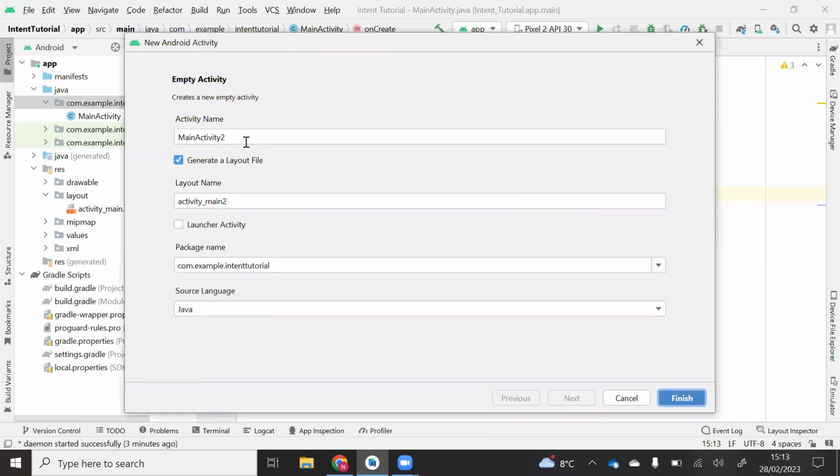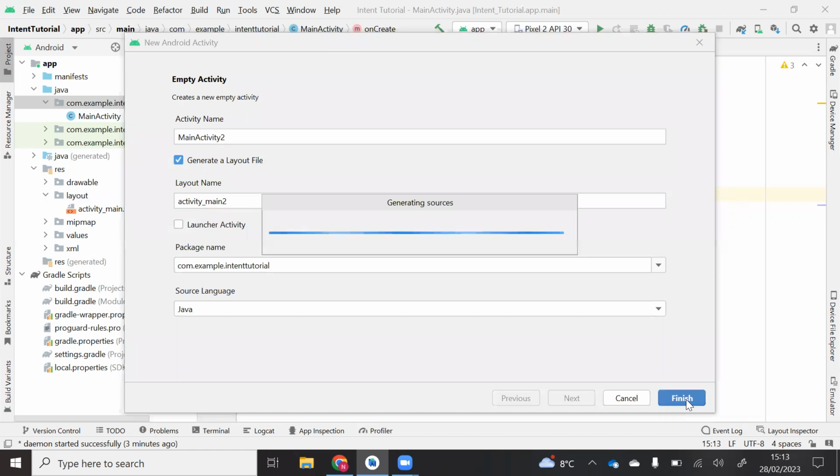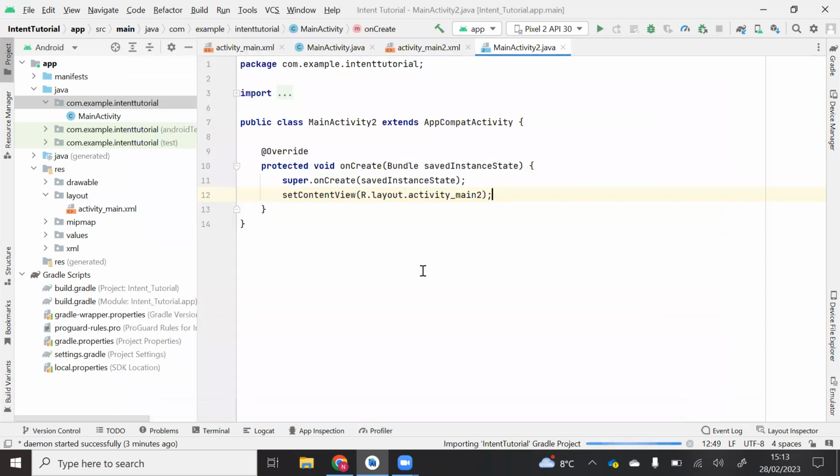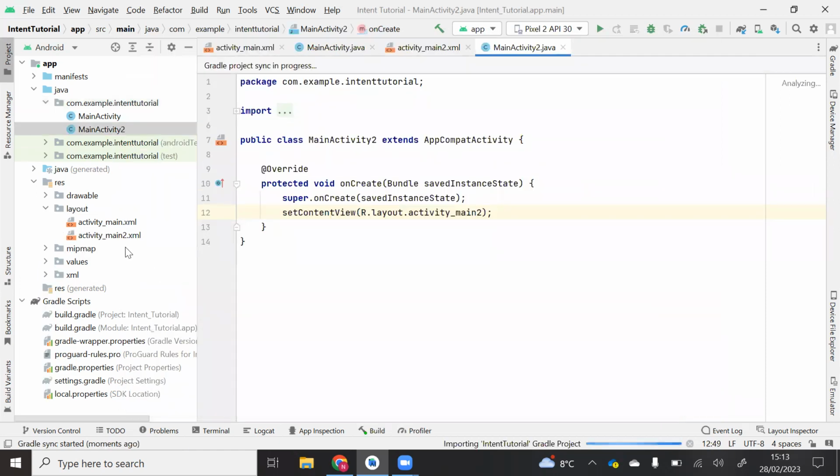Now, when I'm creating an activity, it will ask you to enter the activity name and also the layout name. And then you can change it to be the launcher activity, or I'm just going to leave it that way. And because the source language is Java, I'm just going to leave it as Java. And I'm going to click on finish. Once I click on finish, you would see that a new activity will be created for me